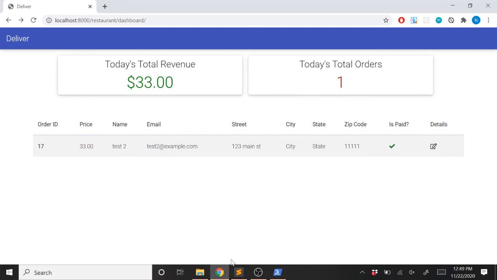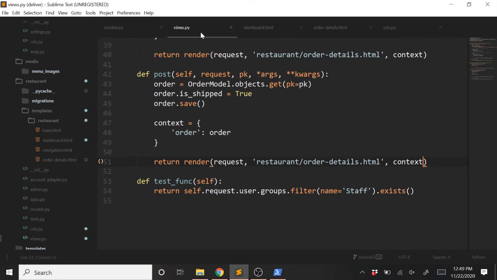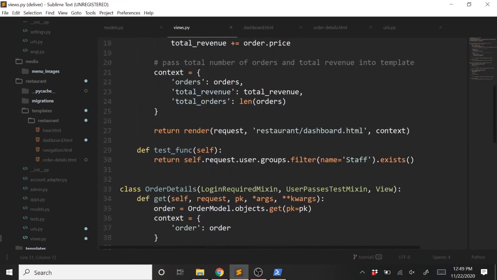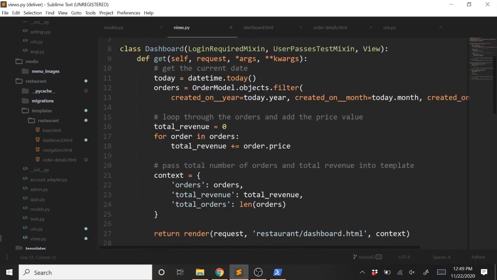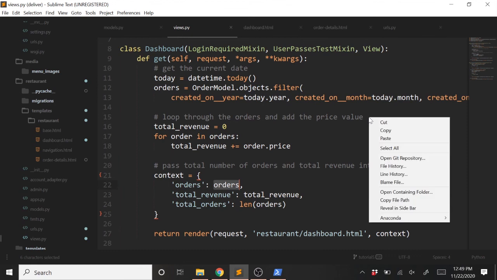So if we go back into that view class right here, you'll see we have a for loop. We loop through all the orders that have this filter on it, which is today's date, and we add up our price. Well, below this, we can also check if the order is not shipped. If it's not shipped, we'll add it to another list, and we'll add that list right here instead of all the orders. So only the orders that are passed in are the ones that are not shipped. Hopefully that makes sense here in a second. So right here on this comment,